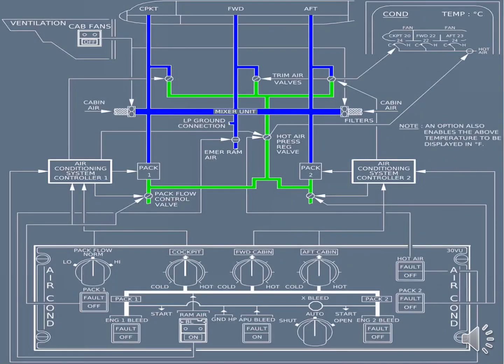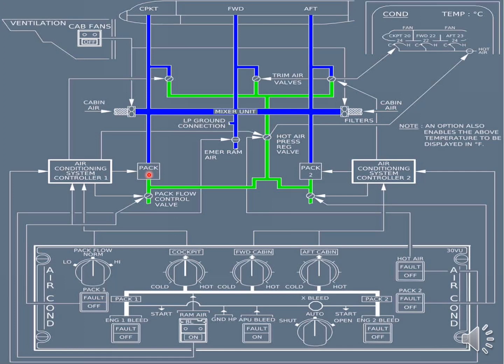Here I will brief about the air conditioning systems. You can see this schematic. Pack flow control valve. We get sources of air from the engines or APU when it's running. Whenever the engines or APU are supplying air, that air may be at approximately 200 degrees centigrade. That air cannot be sent directly to the cockpit or cabin. We need to cool the air with the help of the pack. You can see here the pack. We can call the pack an air cycle machine, that is ACM. We'll discuss it in other slides.